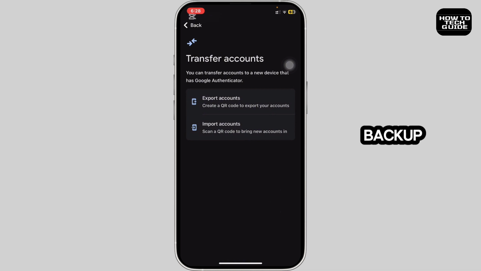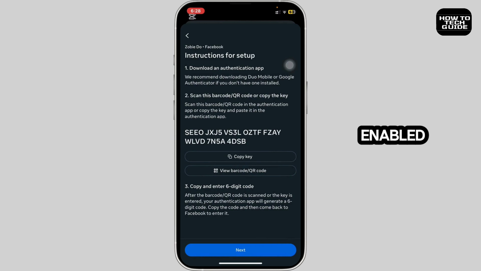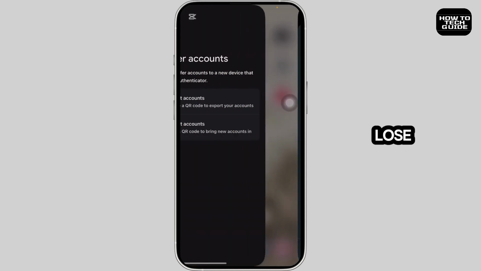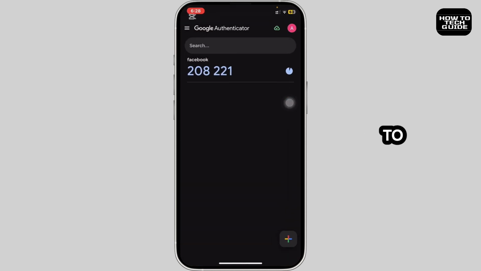Next, save backup codes or setup keys. Go to the website or app where you enabled two-factor authentication, and when setting up two-factor authentication, you're usually given a setup key or backup codes. Take a screenshot of this key or save it somewhere safe like secure notes, a password manager, or even print it on paper. And if you ever lose your phone, you can use this saved key to restore your codes